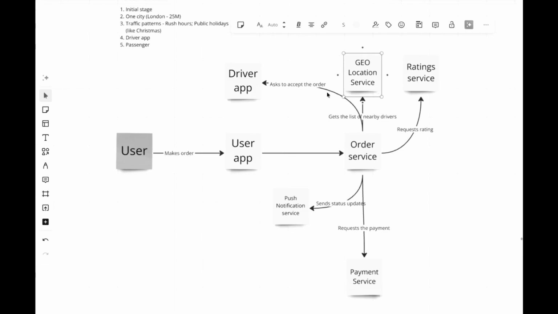This is probably the easiest part, right? We have some default radius, 1 kilometer. If we cannot find, we just extend it. So can you reliably handle 1000 requests per second with a single service? The problem, though, is that you need to reliably request a payment and then get to know that the payment